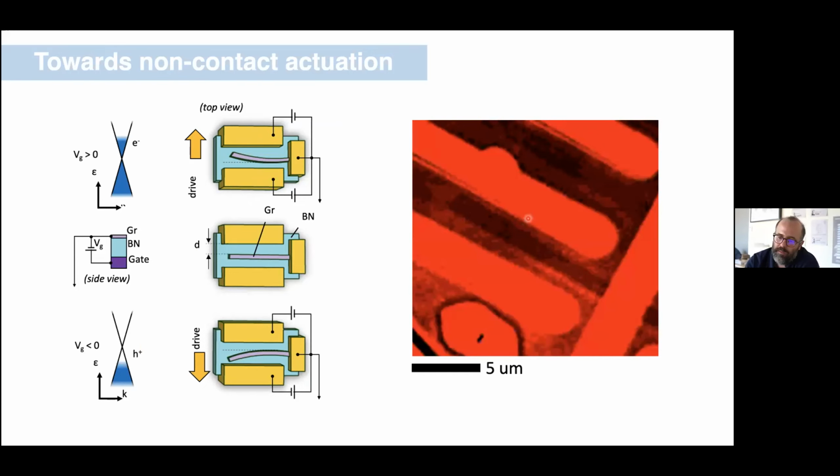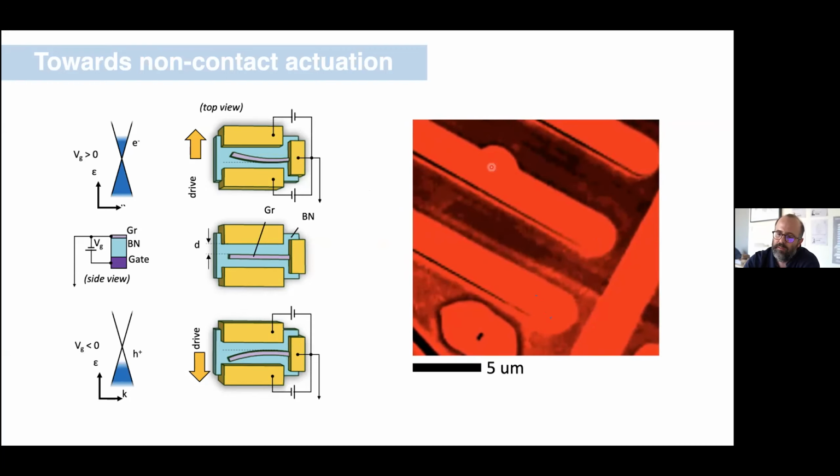So here's an example of that. This is now an optical image. We made the device big enough so we could image it in real time. Everything's run through a filter just so you can see the different parts of it. Just to orient you, this shape here is the graphene. It's equivalent to the shape here. And on either side of this is an electrode. What we're going to do is apply a finite bias to the electrodes. And we're going to apply separately a charging bias to the graphene. If we do that, we can see that indeed we can get the graphene to deflect. This is monolayer graphene in this case. And the reason it's cycling is in this image, we're cycling the bias.